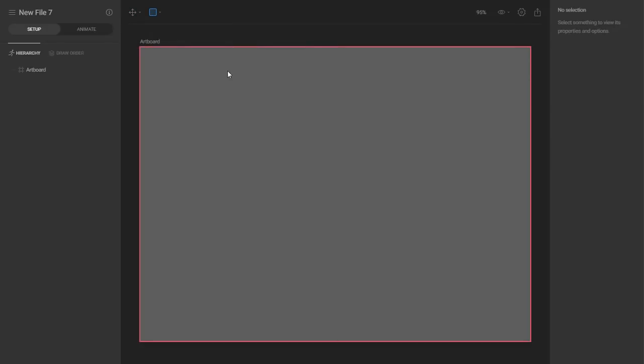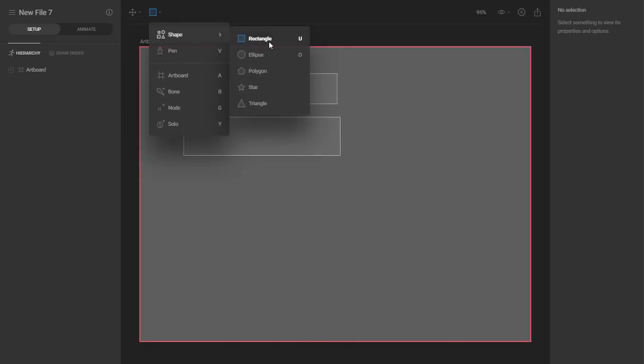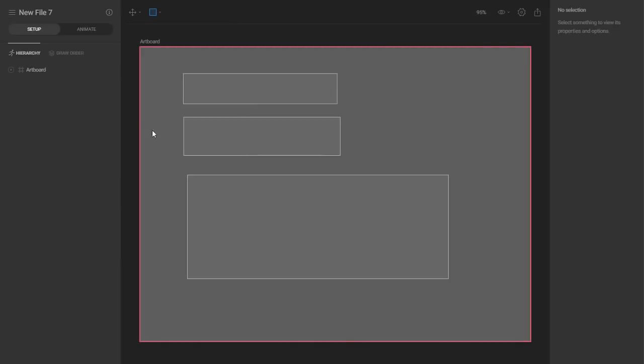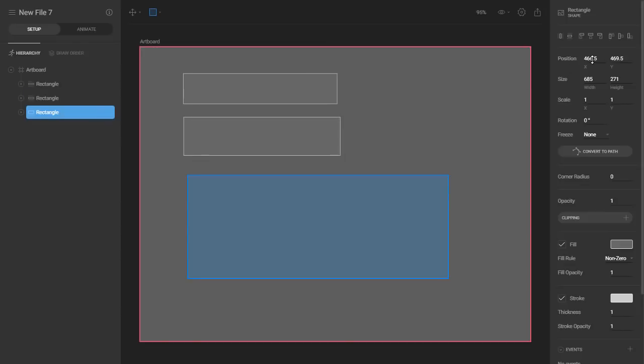So let's start with a very basic thing. Create 3 shapes. I'm going to do a very basic animation. It's like a button, and when I click on it, it will become a circle or something. So this is going to be the button, which is the big one. I'm going to give it some